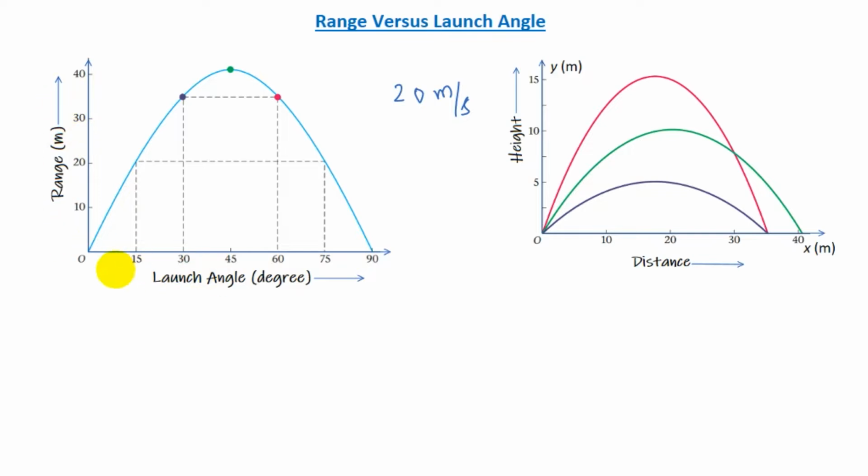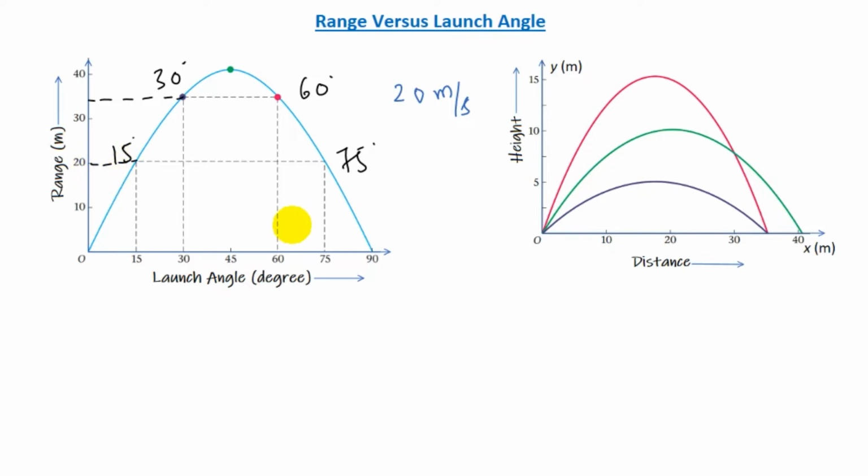This is the range here and this is the launch angle. This is the launch angle 30 degrees, this is the launch angle 60 degrees, this is the launch angle 15 degrees, and this is the launch angle 75 degrees. So if you see, if the launch angle is 30 degrees and 60 degrees, the range is the same. And if the launching angle is changed to 15 degrees and 75 degrees, then also the range is the same,